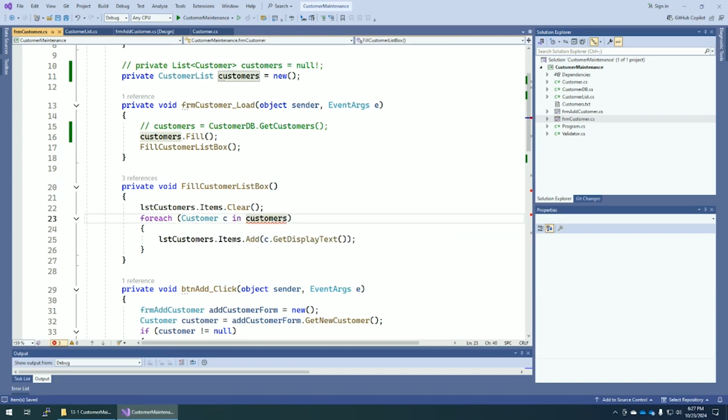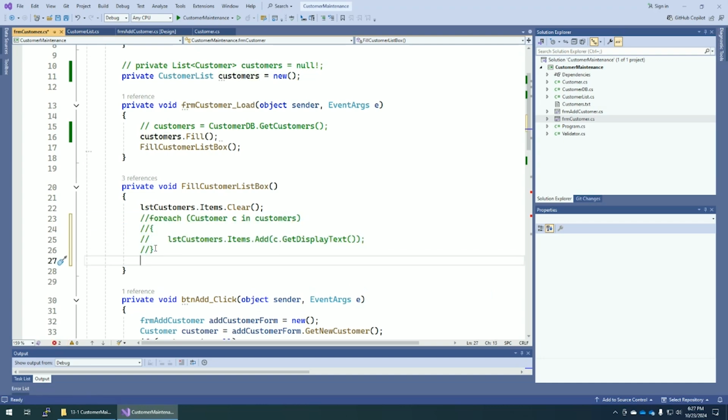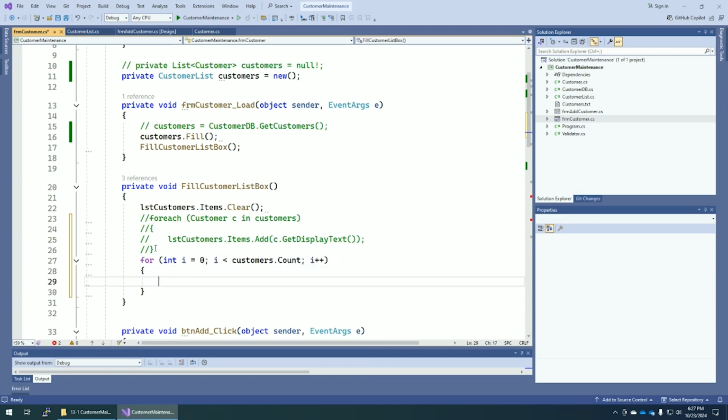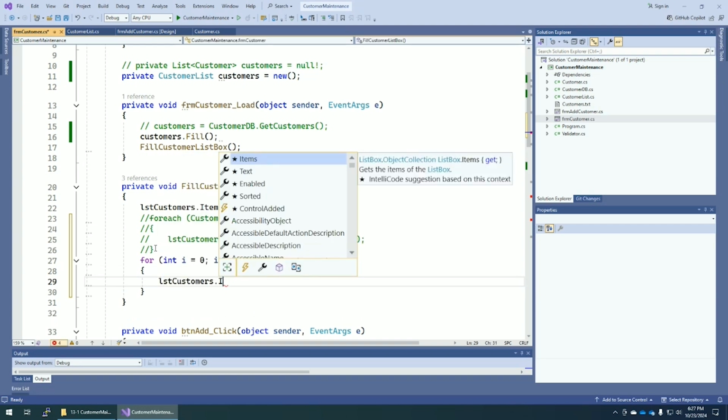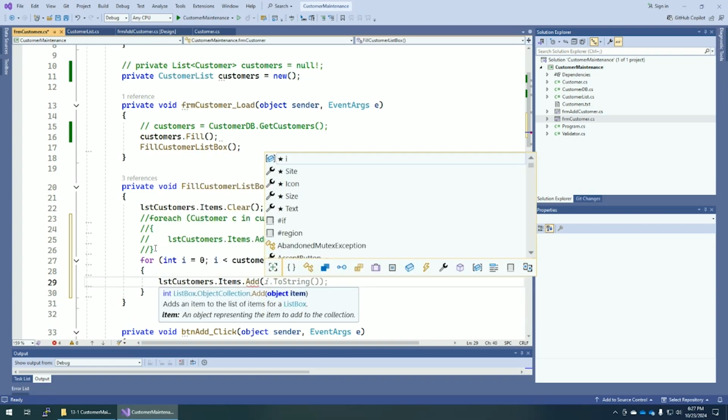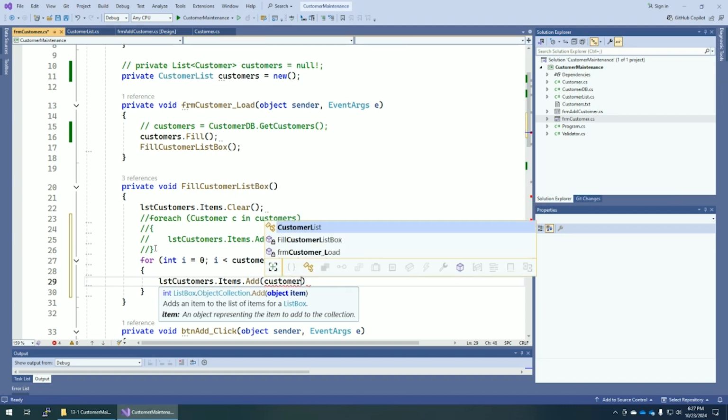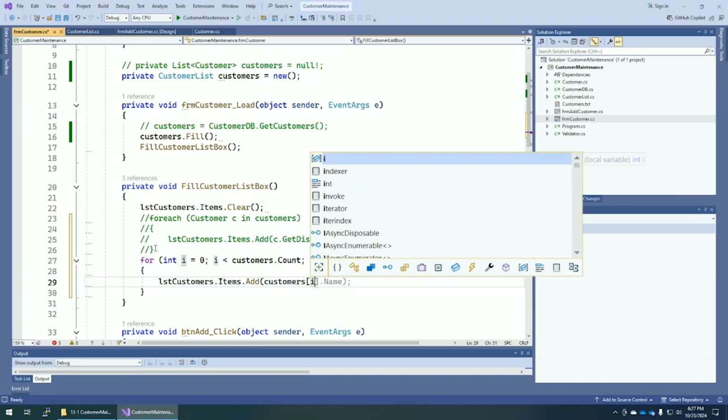Got a couple places to edit down there, but let's go back to the instructions. To do that, you'll need to use the fill and save methods of the customer list object instead of the methods of the customer DB class. Did that. In addition, you'll have to use a for loop instead of a for each loop when you fill the list box. So that's this section right here. I'm going to comment that out, and now I'm going to say for int i equals 0, i less than customers.count, i plus plus, lstCustomers.items.add, customers at spot i